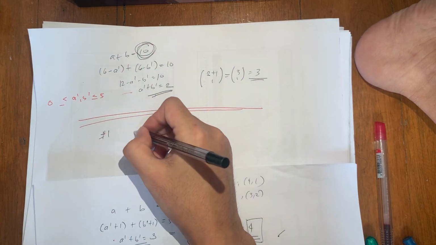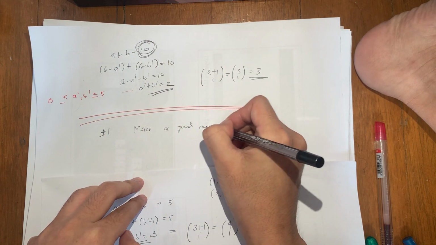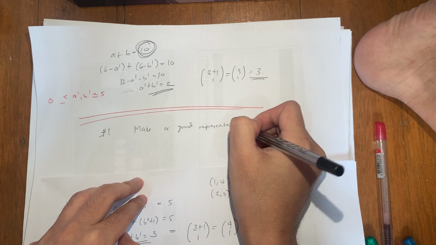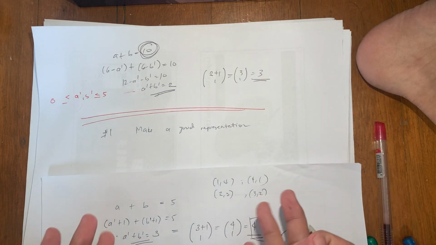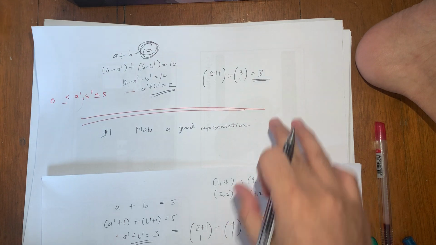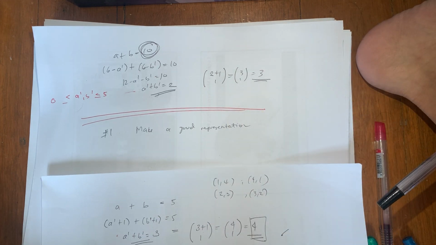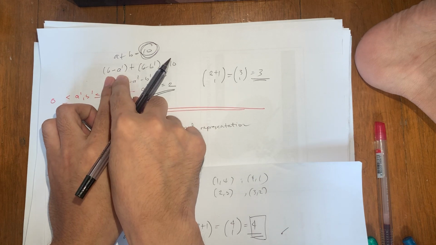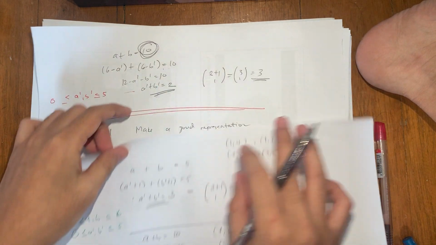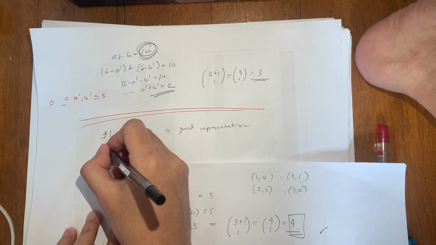Number 1 is to make a good representation. Actually, hindi lang to sa dice problem mag-a-apply. This also applies for most stars and bars application. So, pwede yan to sa digit sum and all. So, make a good representation, meaning you make the appropriate substitution, whether it's 6 minus a prime or a prime plus 1. The next tip that I want